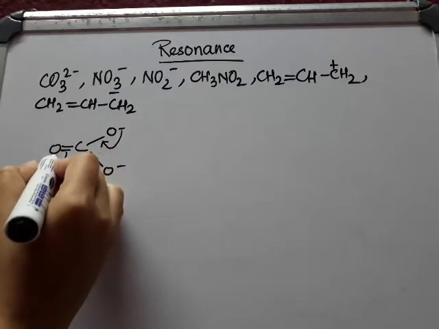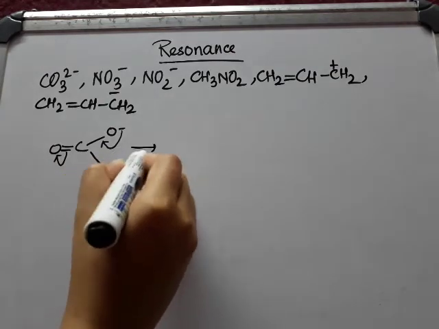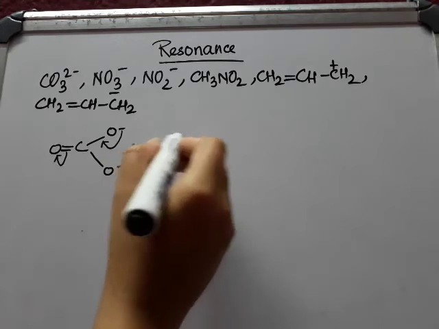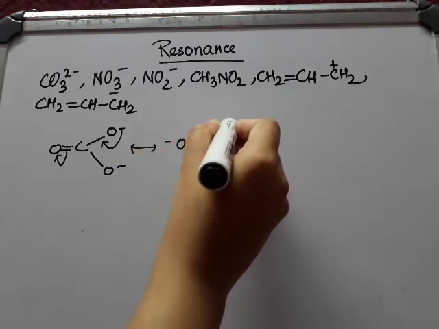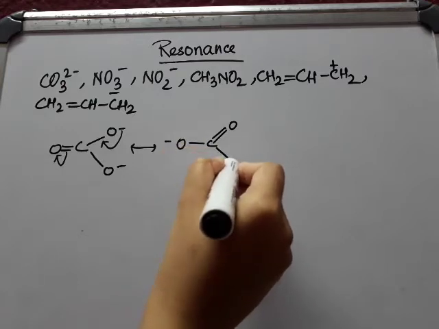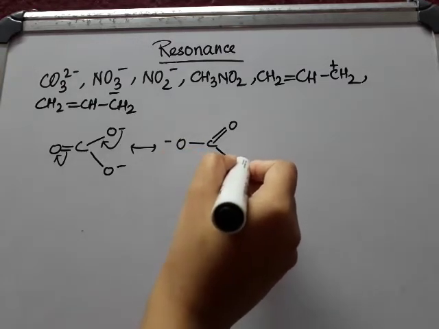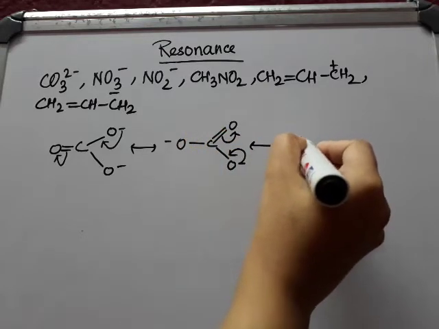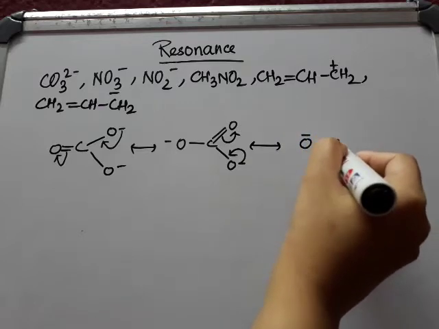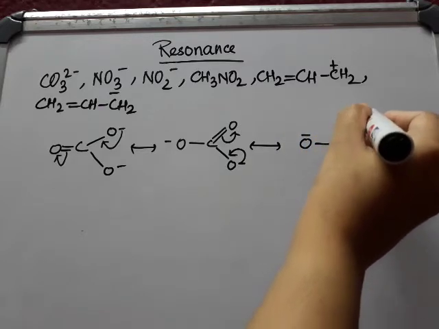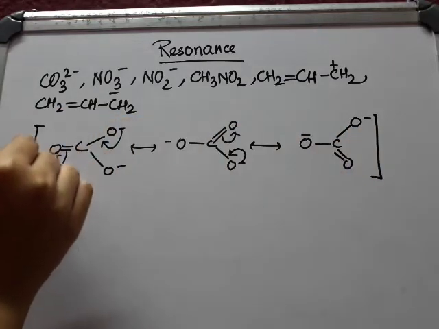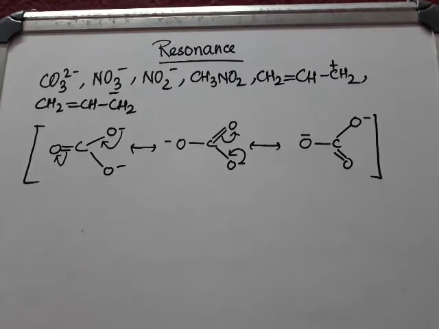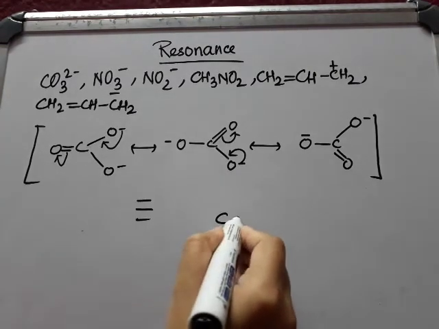As a result, this will shift on oxygen atom. Here you have to put a double headed arrow, and here is the negative charge, and a new double bond is formed over here and O minus. Now, another canonical structure is possible this way, forming a double bond over here and this one. So, these all are known as resonating structures or canonical structures, and the corresponding resonance hybrid will be like that.